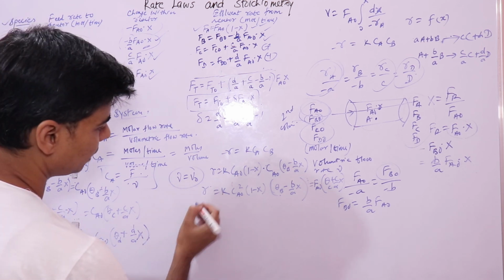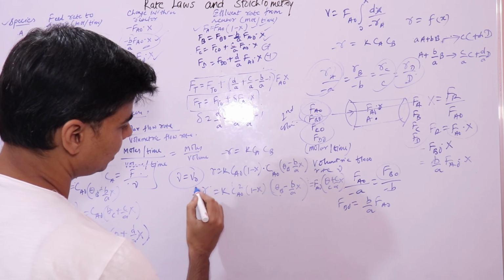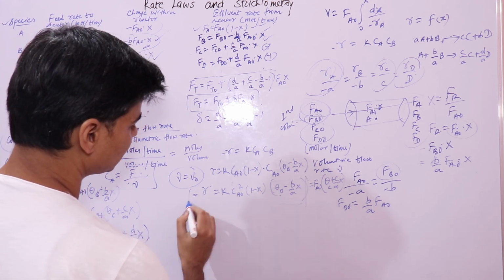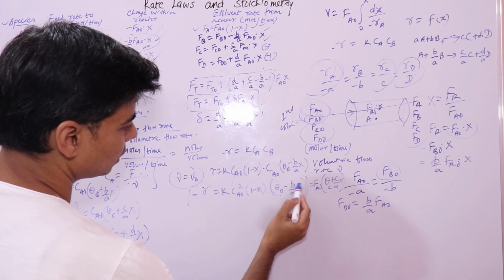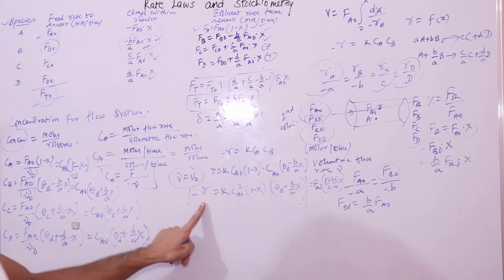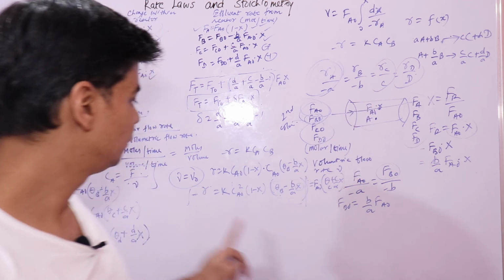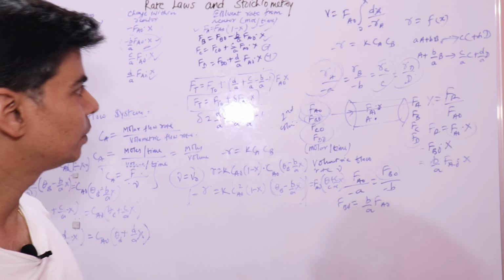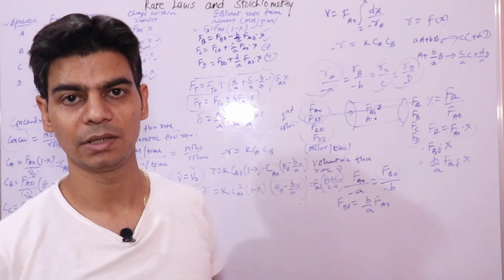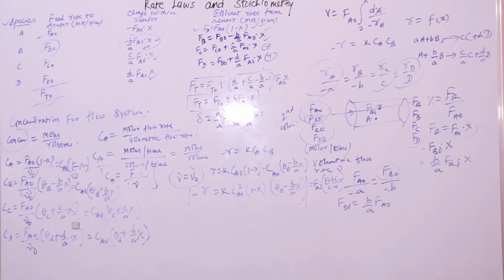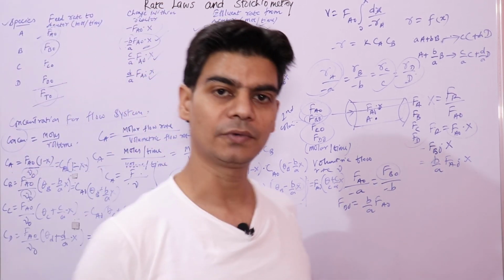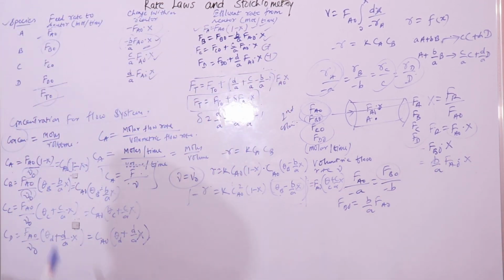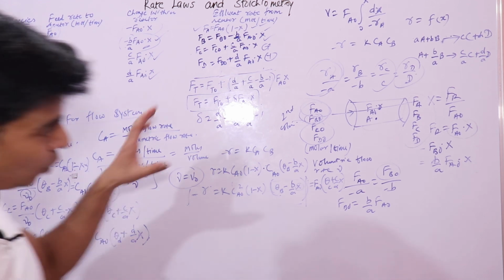So what we have done is express minus r in terms of conversion x, right. Now we will substitute this r here in this equation. So we have got r in terms of conversion x. This is what we want to achieve to further solve this design equation. I hope this is clear. This is exactly the same as what we did for batch reactors. The only difference is that this is a flow reactor.